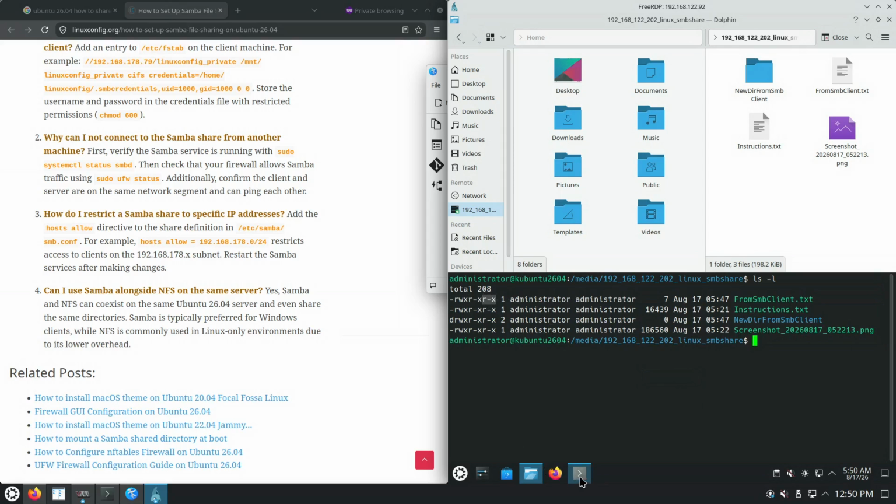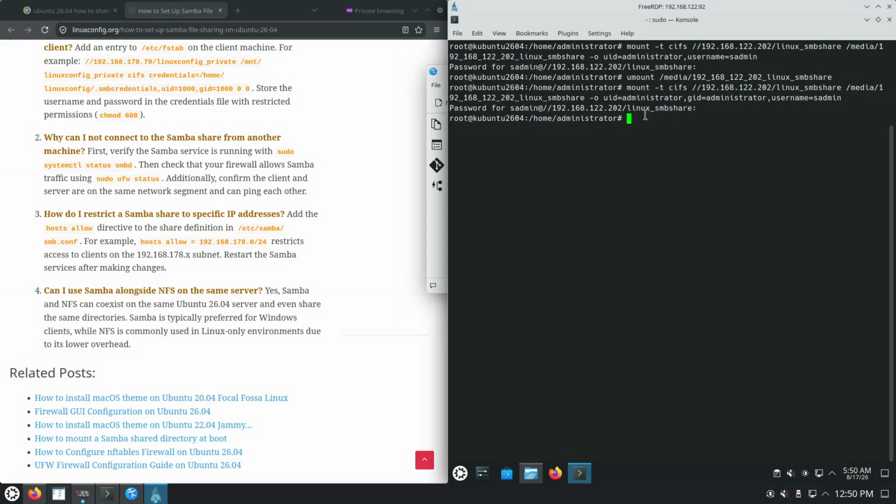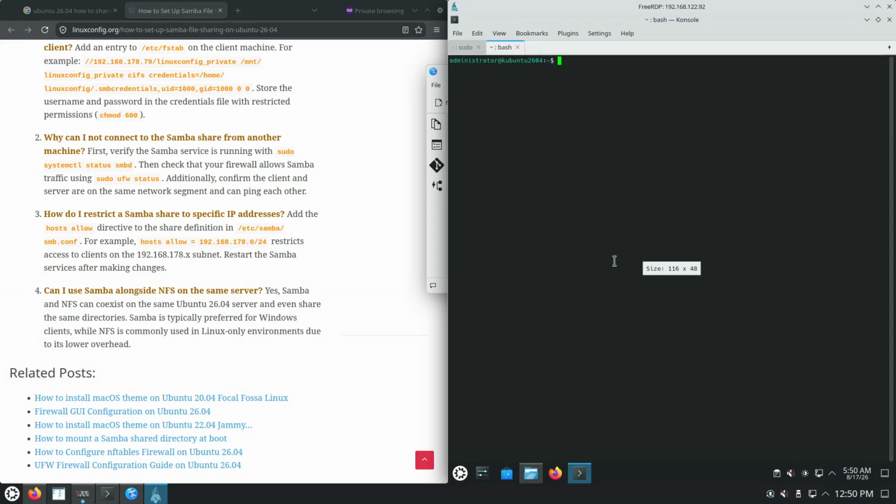Next up, what we don't like is the fact that we need to specify the password interactively. We want to put a similar line in /etc/fstab, but that will run when there's no user interaction possible. So for that, we're going to use a credentials file, which is going to be stored in the current directory. So let's create it. So in the current directory,